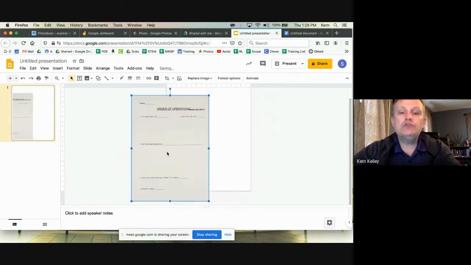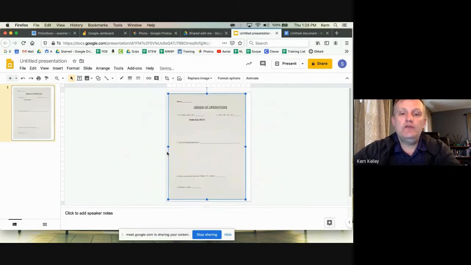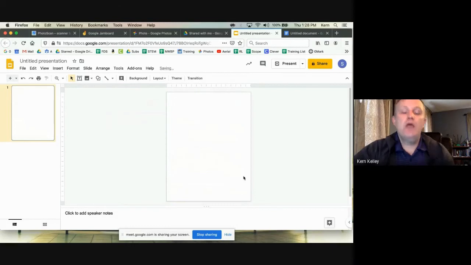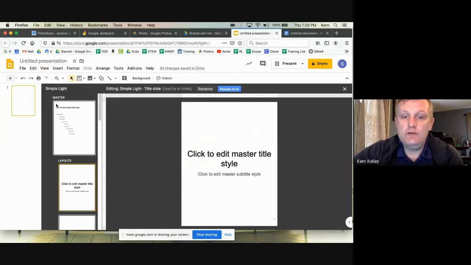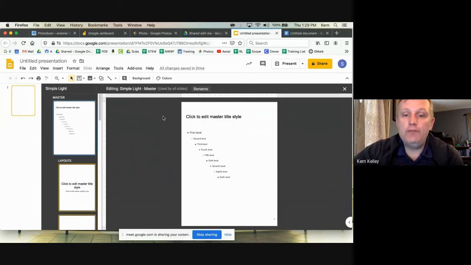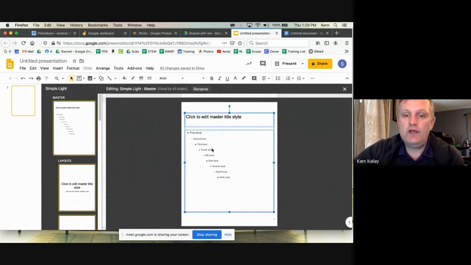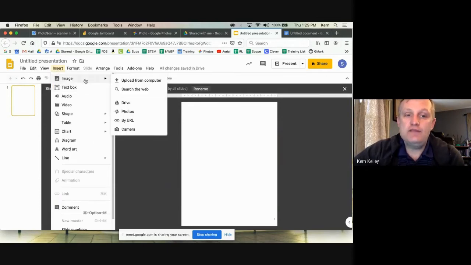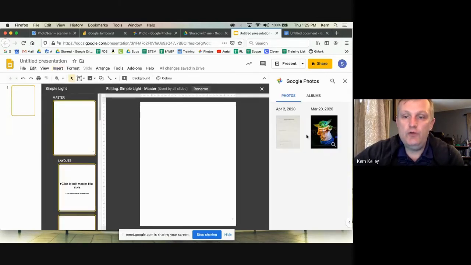So what I would do for that, let me clean this all back up again, to go back to where it was, to nothing. There we go. If I want to put it on this page and let them type on top of it, but not move it, I would go into View, Master. And now on this top layout, I'm going to delete these extra icons, these extra boxes that come with it. But now if I insert that same image from Photos, there it is.